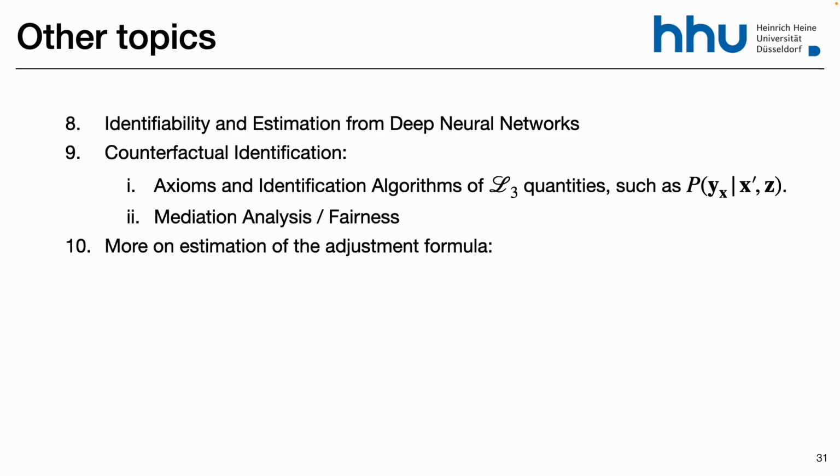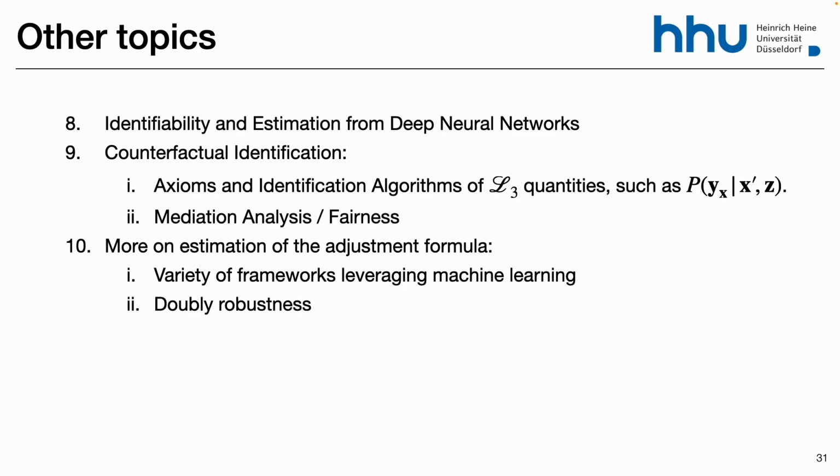As I said as well, there's so much more about estimation with backdoor adjustment. You have a variety of frameworks leveraging machine learning, combining all the stuff that I mentioned. And there's something called double robustness that combines regression, because another limitation of regression is that, if you're not using machine learning, you need to assume that you got the correct parameterization for it. And doubly robust means that you can fail. Basically there are two assumptions, and you need to be correct about only one. You cannot be incorrect about both, but if you are correct about just one, this is still fine. So it's robust to misspecifications.